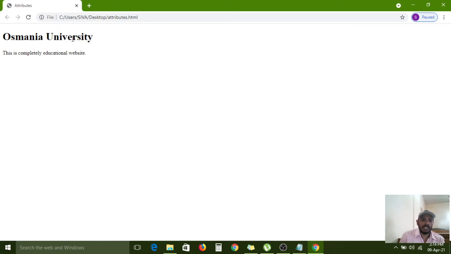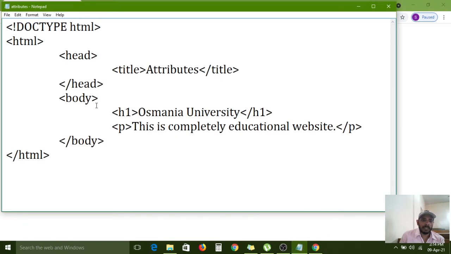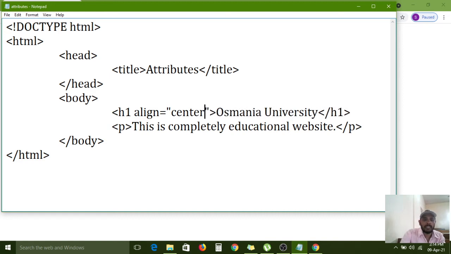Because this is the main name for the university website, in the h1 tag I am using the align option. Align equal to, in between double quotes, I have to configure one value, center. Then again I need to save.